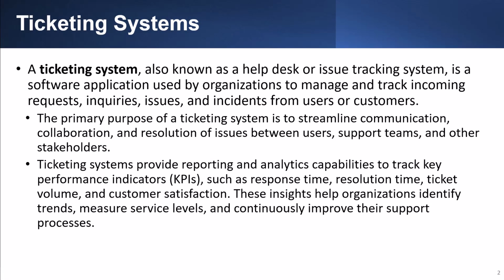A ticketing system, also known as a help desk or issue tracking system, is a software application used by organizations to manage and track incoming requests, inquiries, issues, and incidences from users or customers. The primary purpose of a ticketing system is to streamline communication, collaboration, and resolution of issues between users, support teams,